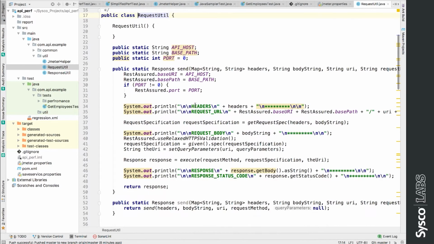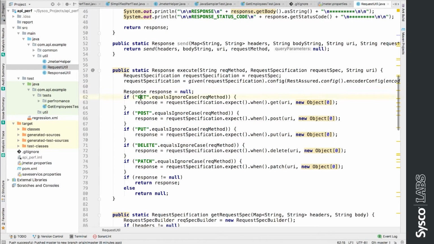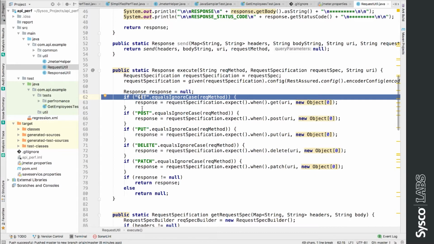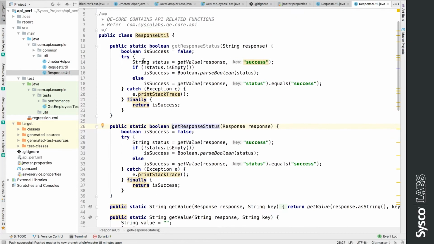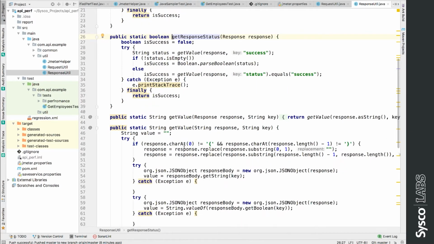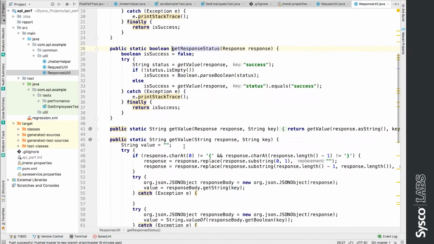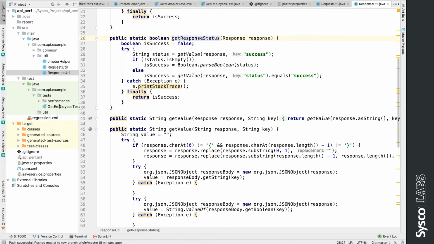Here we have the send method. It will send the request. It will identify whether it's a GET request or POST request, and based on that, it will return the response. After returning the response, I will use the response util in order to modify or get the values in the response. These methods I already created, and I'm going to use this method. This is in your main Java package. Then I'm going to move to the